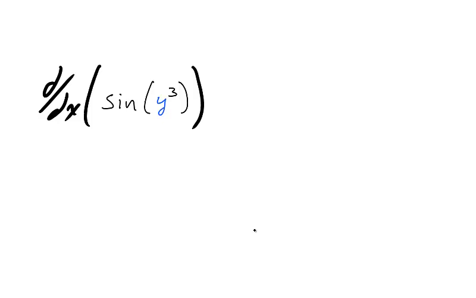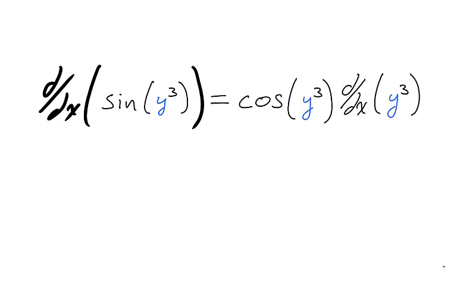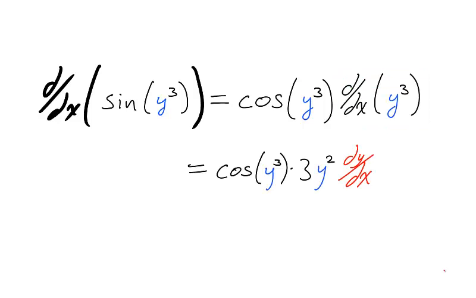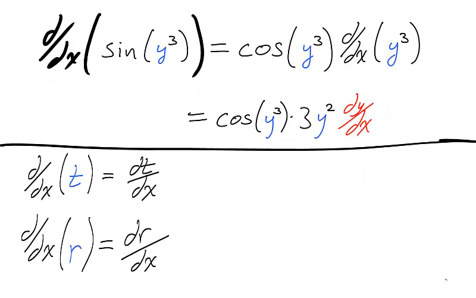To summarize, when taking the derivative of an expression, proceed with our differentiation rules as normal. In this case, we use the chain rule, differentiating the outside, leaving the inside alone, and multiplying by the derivative of the inside. And continue to differentiate as normal until forced to differentiate y, which we'll denote as dy over dx. In fact, whenever you take the derivative of a variable, unless you understand the relationship between the variable and